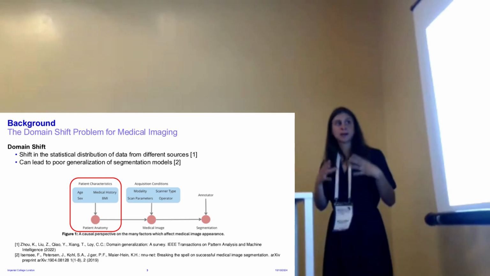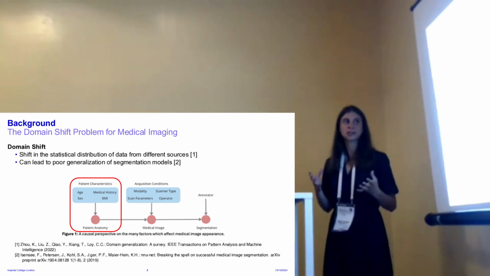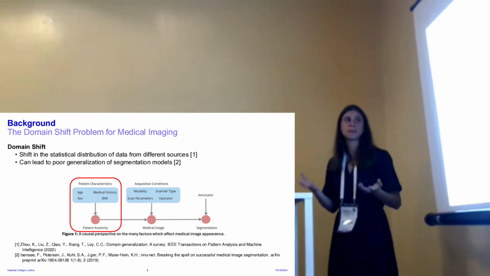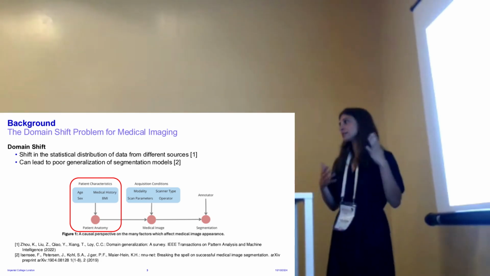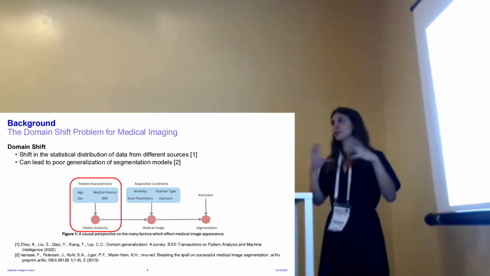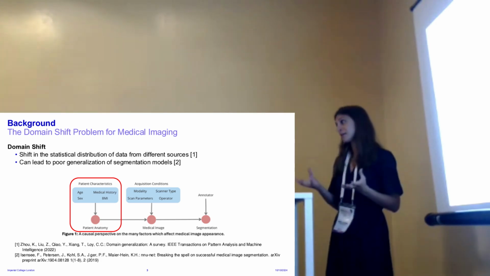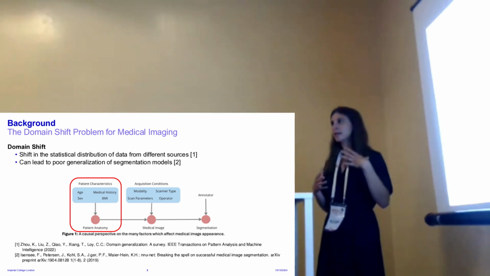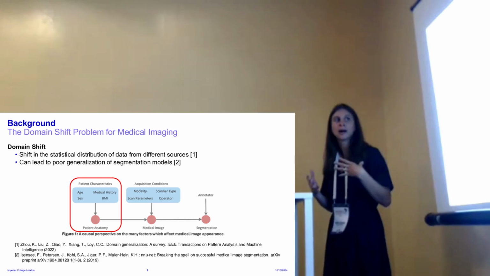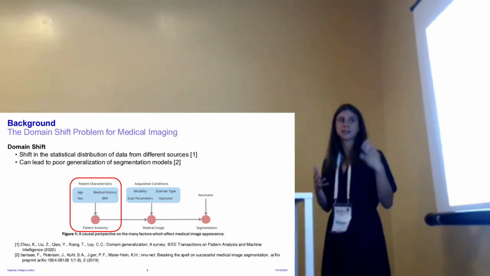So we split these up into a basic causal diagram. We've got patient characteristics. So these are things like age, BMI, medical history that directly affect the patient anatomy. And then you have another group of acquisition conditions that affect the appearance of the medical image itself. So things like the modality you're using, type of scanner, even the scan operator can affect the appearance of the